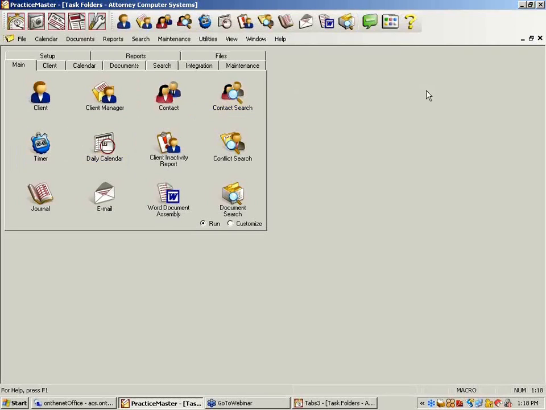In older implementations of PracticeMaster that we've been involved with, if I can get Mary Jo to stop moving the mouse,